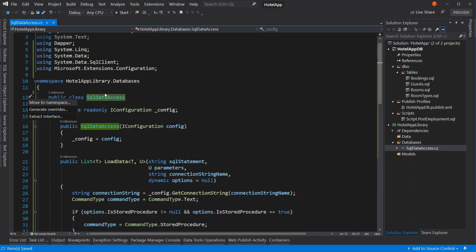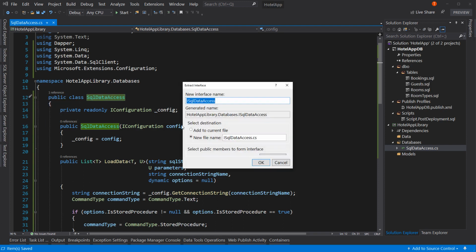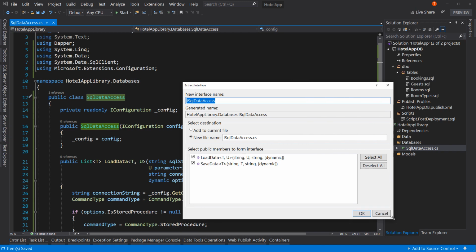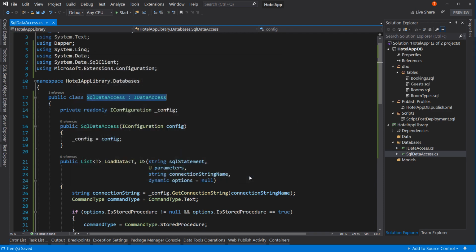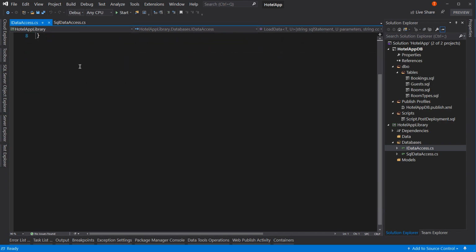I've selected my class here, and it says extract interface. It asks what I want to extract. In this case, my two public methods are load data and save data. I'm going to call this iDataAccess, not iSQL data access, so that I can have other data access classes also use this interface. We're going to create a new file called iDataAccess in the same directory as our databases. So we hit OK, and now it's applied that interface, and the interface is these two